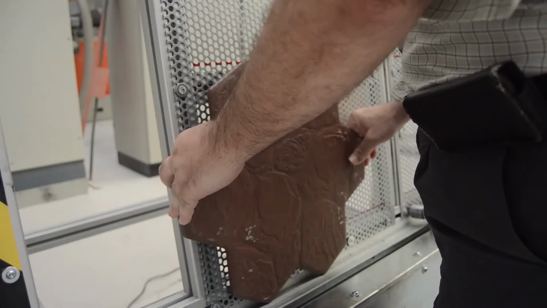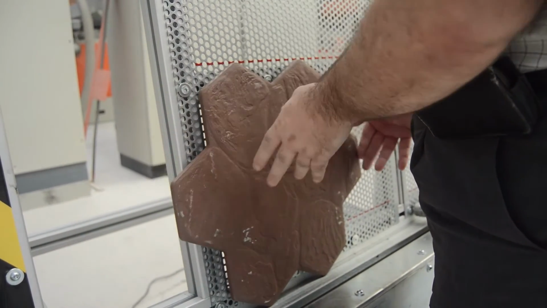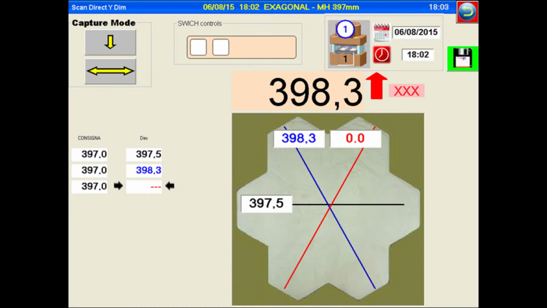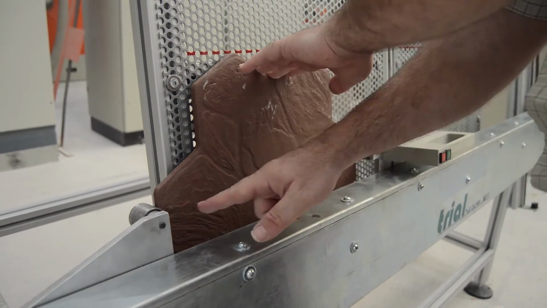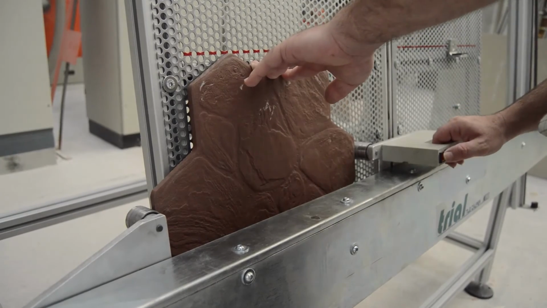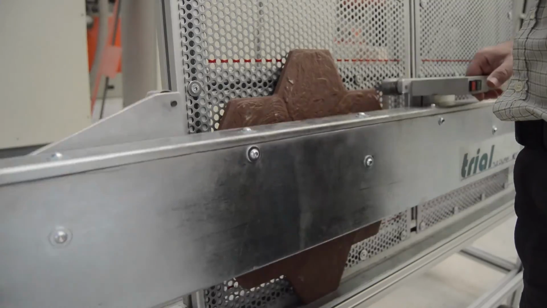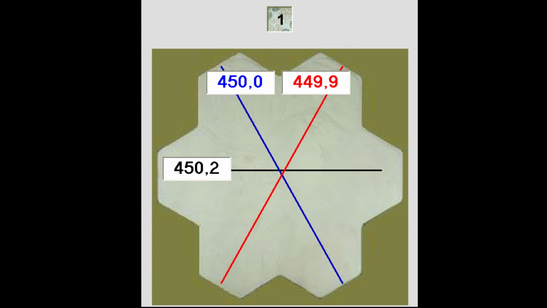With the same equipment, special pieces can also be measured, using the method of point-to-point capture as we see in the images. You can see that the results are placed in areas previously indicated by the head of production control. Depending on the type of each piece, point-to-point measurement can be done horizontally between wheels, or vertically with respect to the support. Data thus obtained can also be saved for future